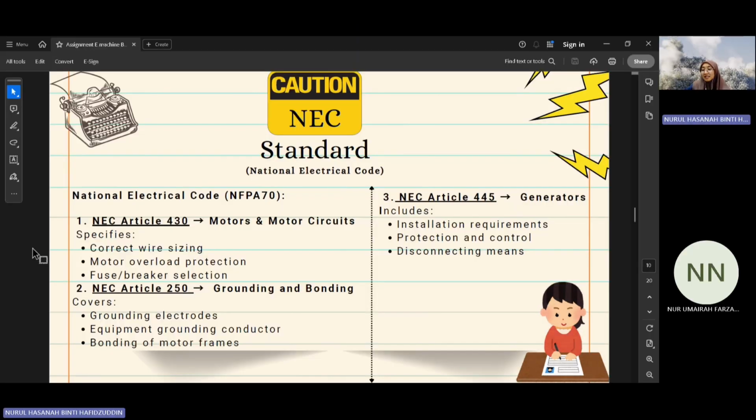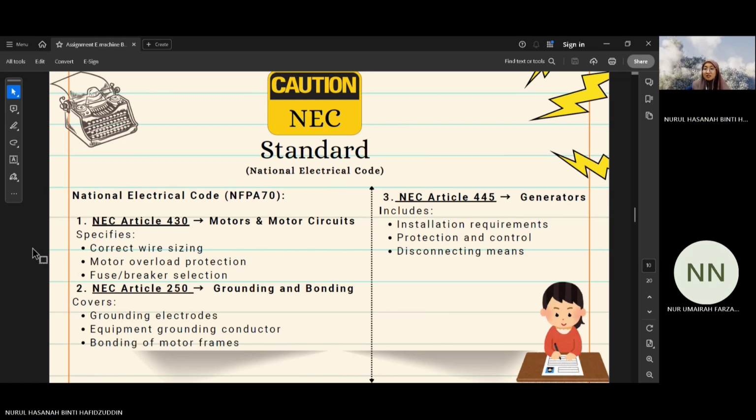There are three main articles to focus on. Article 430 specifies how to size wire and select the right switch or breaker for motor overload protection. Article 250 covers grounding and bonding. It ensures that motor frames are bonded to earth to prevent shock hazards. Article 445 provides the installation requirements specifically for generators following the NEC, to prevent overheating, fire, and equipment damage during